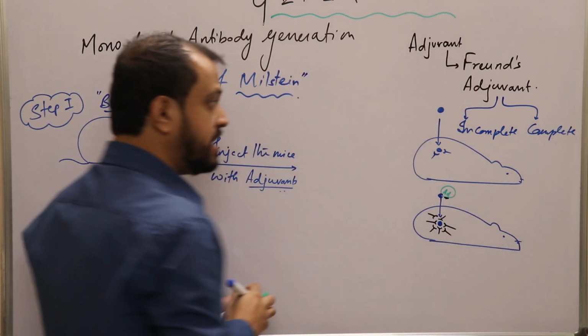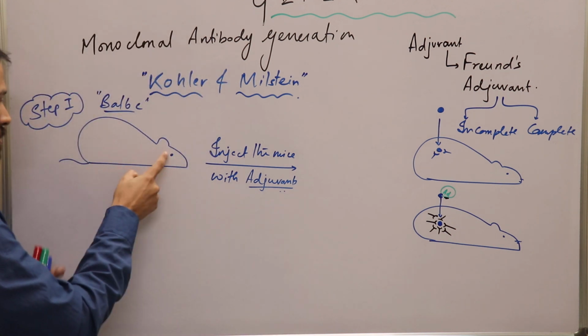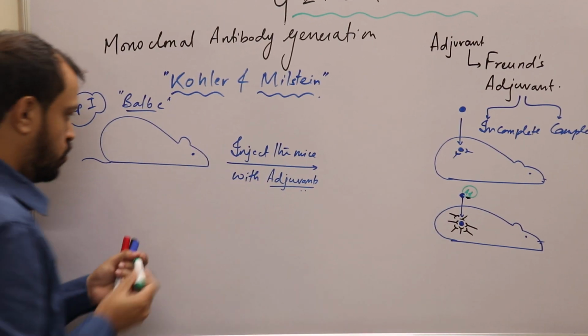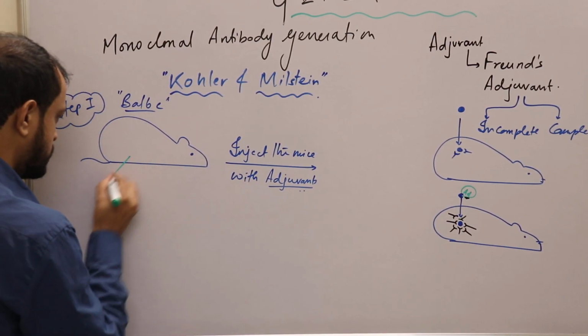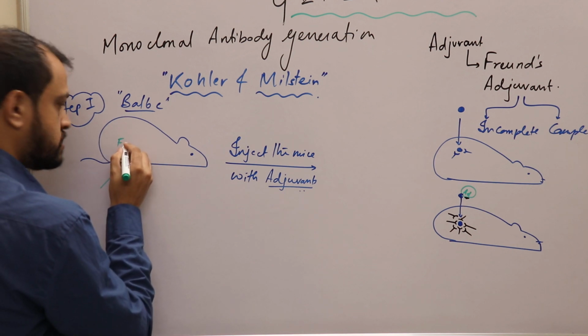Not going into the details further, you should understand that when we inject these mice with adjuvant, we are injecting these mice with Freund's